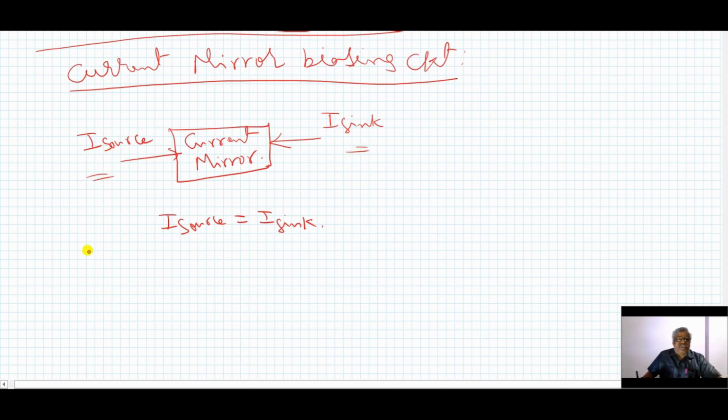The advantage of this circuit is that normally a constant current bias circuit is used in differential amplifiers, but it needs a larger number of components, more resistances are required for that. If we go for a current mirror circuit, then fewer components are sufficient. One resistance and two transistors are sufficient to get a constant stable current. In all integrated circuits, generally the current mirror biasing circuits are used. Let us see how the circuit looks like.